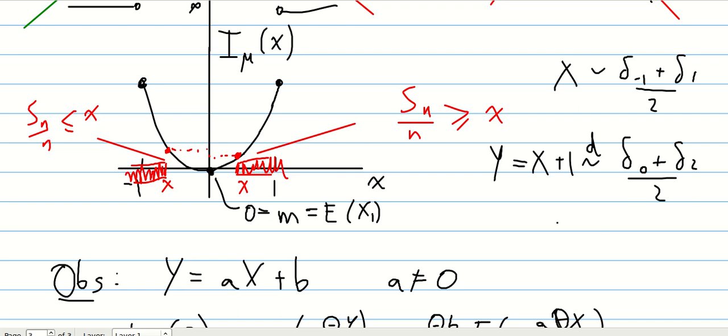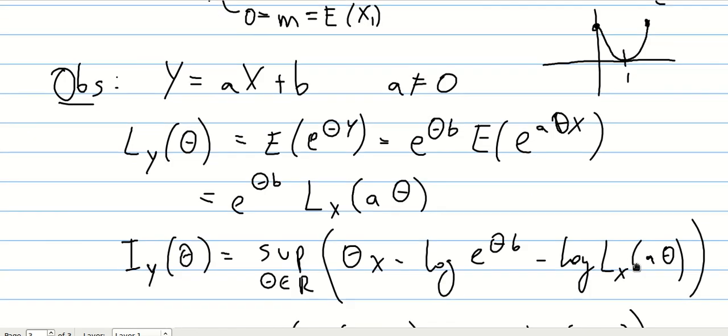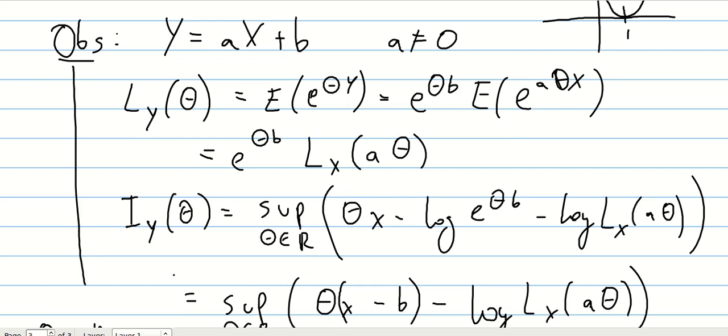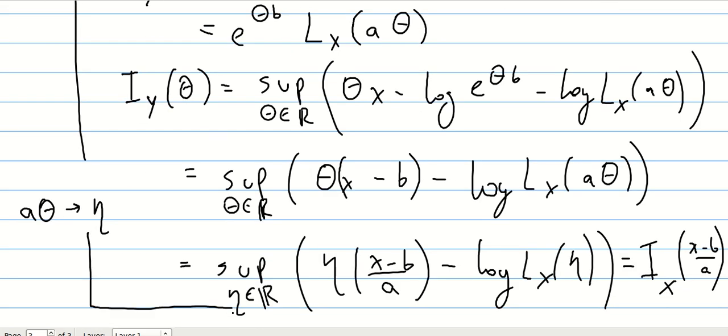What would happen with the rate function would be that it would get a shift to the right, like this. And here the mean would be 1. This is always the expectation. So we can understand how linear transformations of the random variable act on the rate function. Now we are ready to give the full proof of the